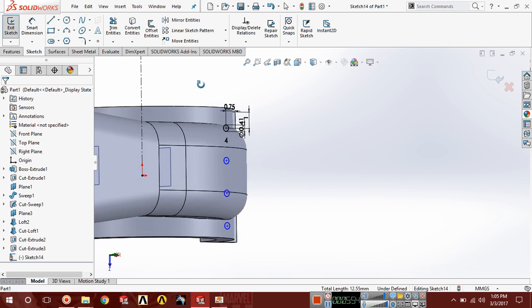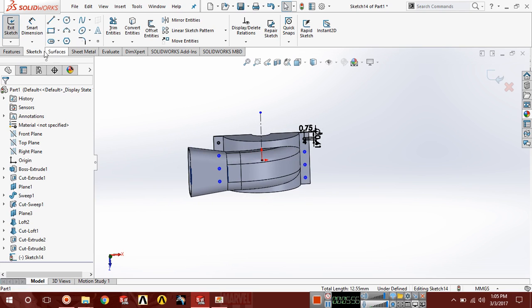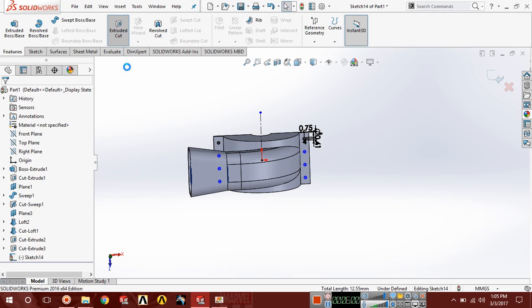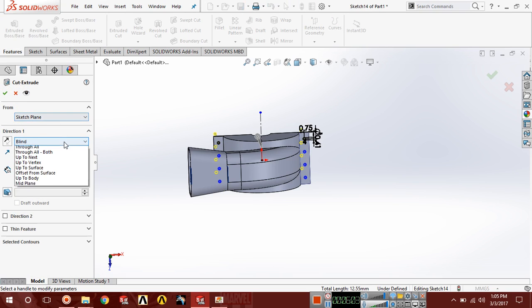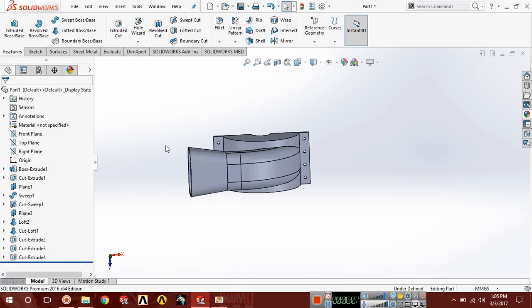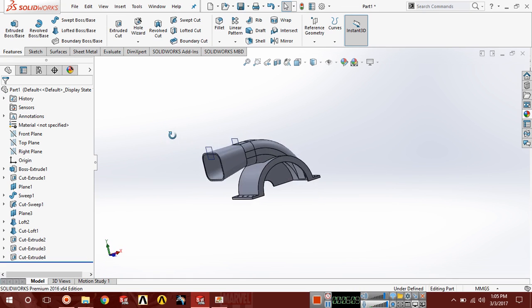Okay. Go to feature and extruded cut, here select up to next. Okay. All the holes have been generated.